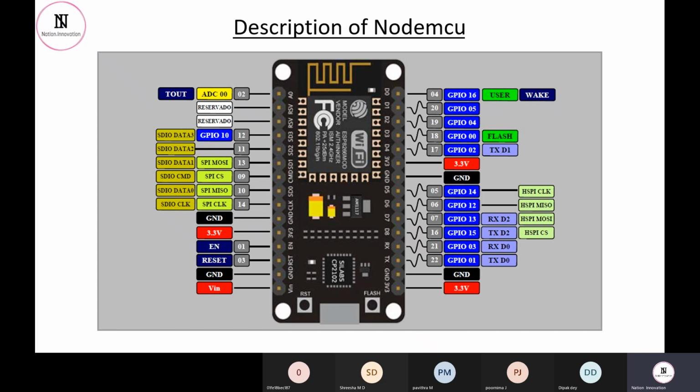The 12E version has the capability that it will not be damaged if we provide a VIN supply of 5 volts to it. Nothing more than that. In the case of Arduino, the VIN supply can take a maximum of 9 volts, but Node MCU might not work with 9 volts. This is the disadvantage of Node MCU.